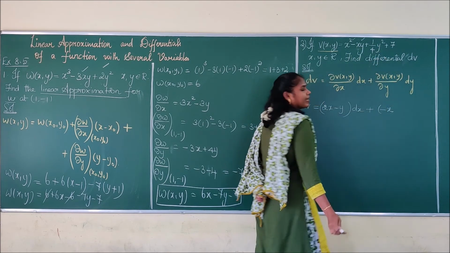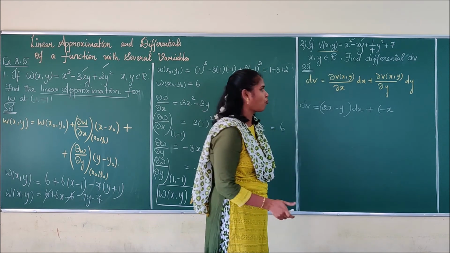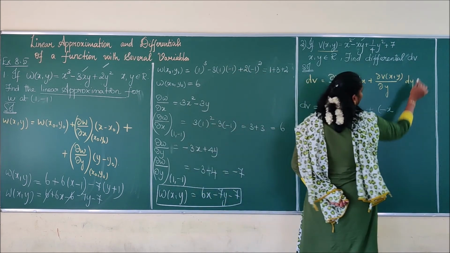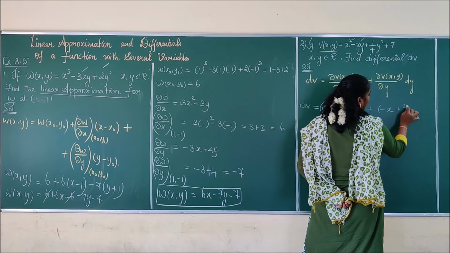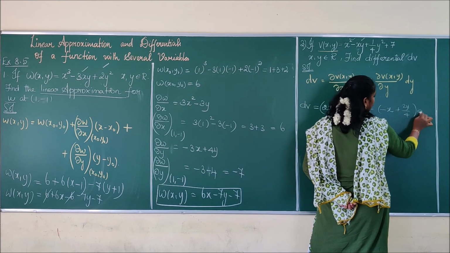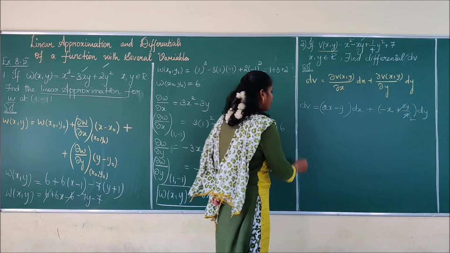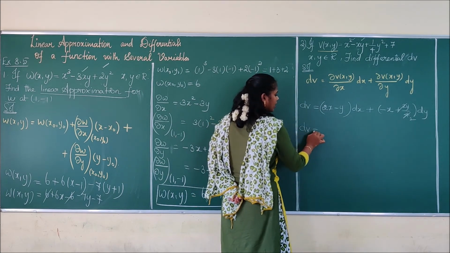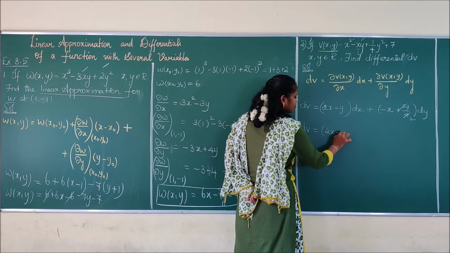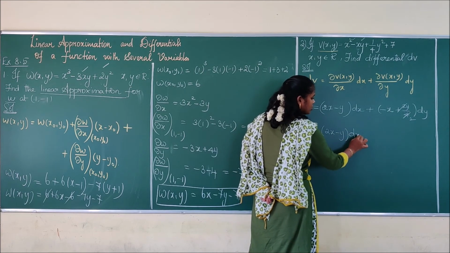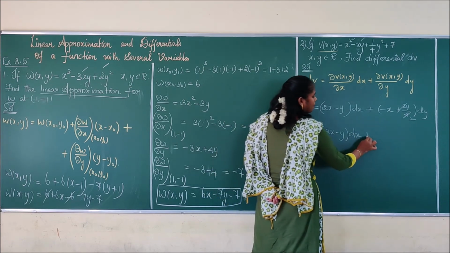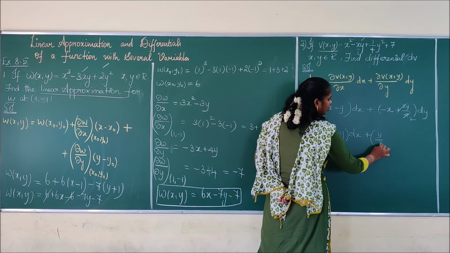And here I will be getting 2y by 4 into dy, and we can cancel it. Okay. So the final answer is dv equals